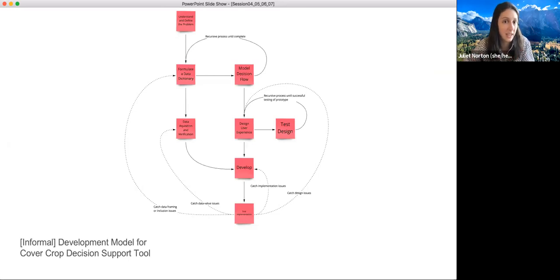I mean, it still takes quite a bit of time, but what is most important here is this loop back on the far left, which is catching the data framing or inclusion issues. These could really cause us to have to reassess our data dictionary or our decision flow model, which requires us to go all the way back through the model. This might seem like a problem, but this is actually an asset to the development model for decision support tools, because